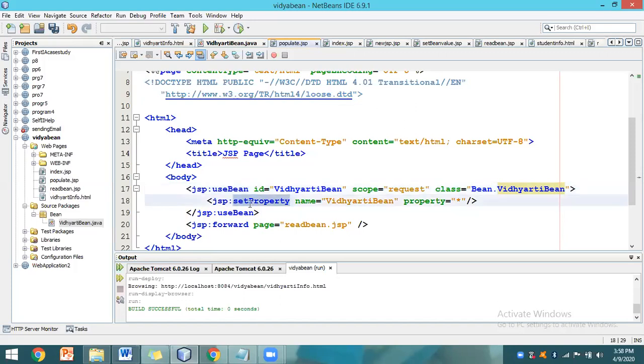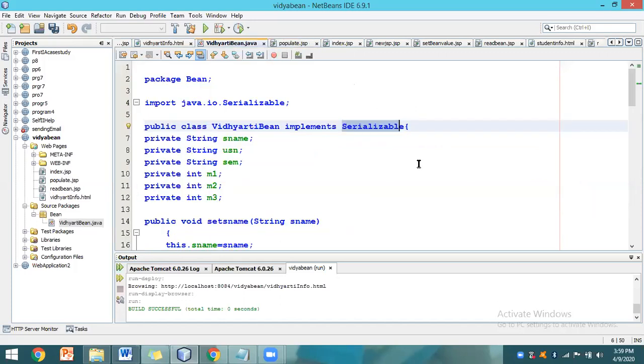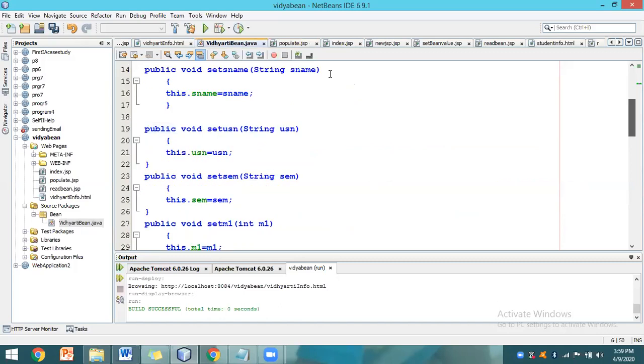Set property uses the setXXX methods in this bean: setSname, setUSN, setSEM, setM1. These are all called set properties. What are these properties going to store? The values which you sent from the HTML form.